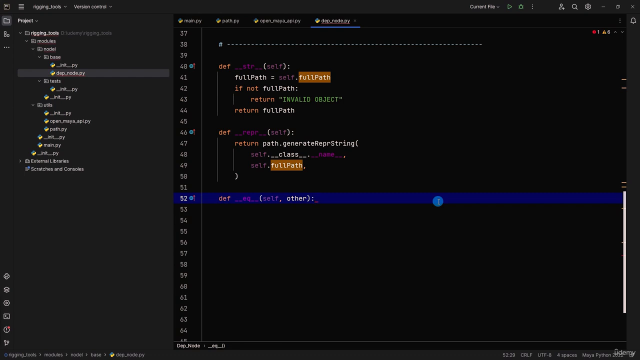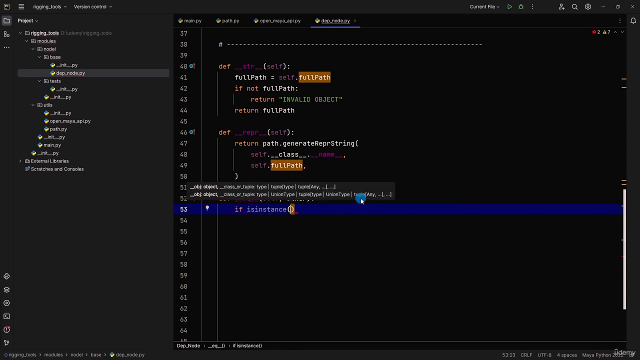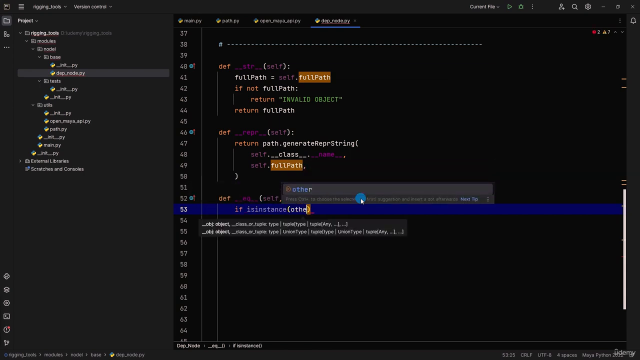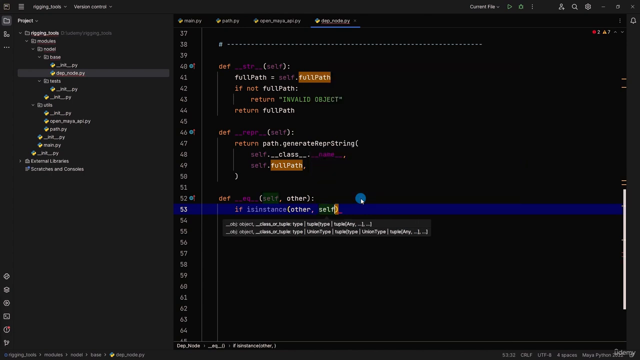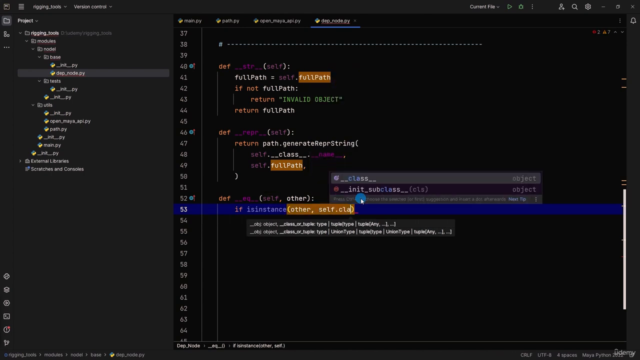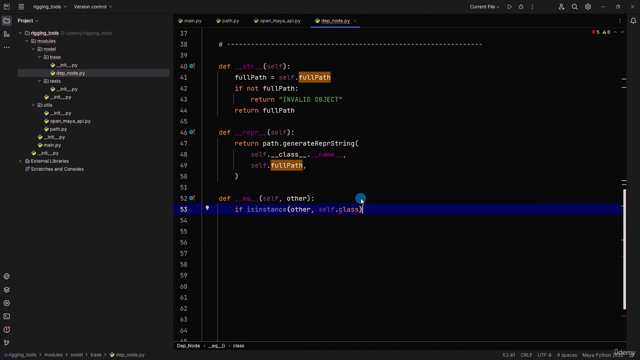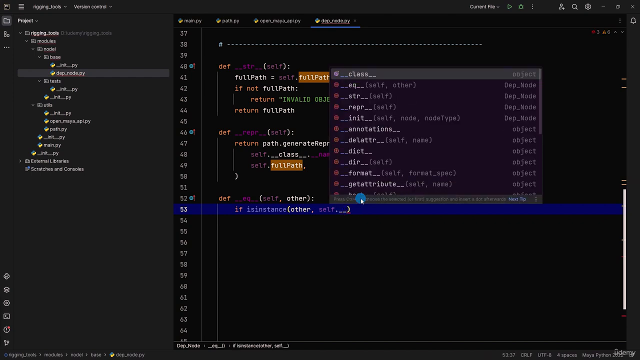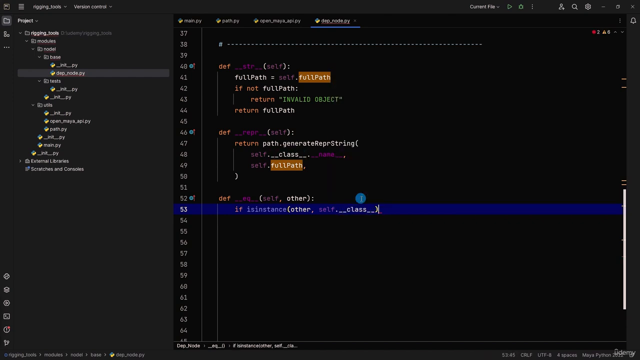So now we've already got our equality checker here, which has been filled in. We've already got a method to pass another item to it, which has been aptly named other. So we're going to run with that. And we're going to go, well, if isinstance, we're going to work with other and self.class. So I'm doing self.__class__. Then return